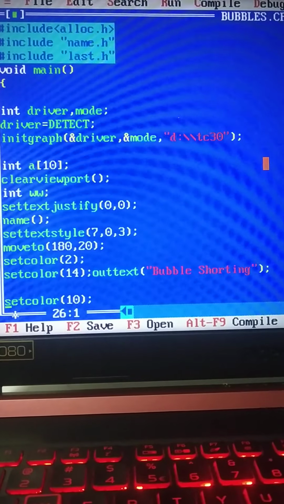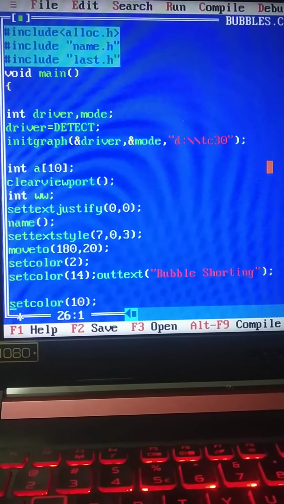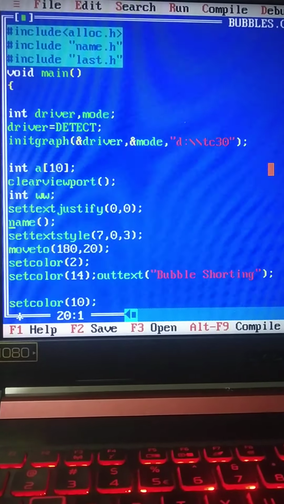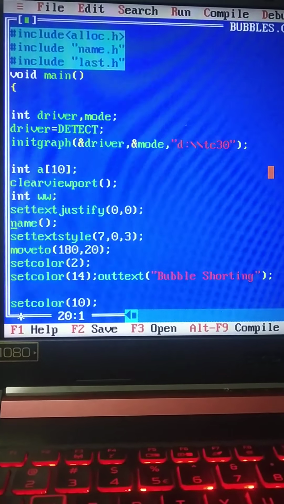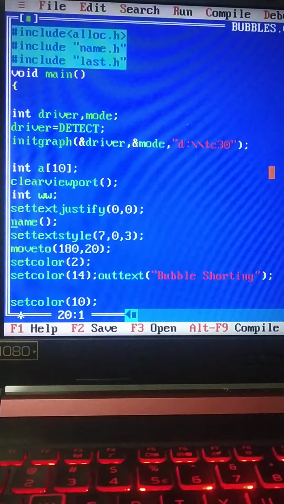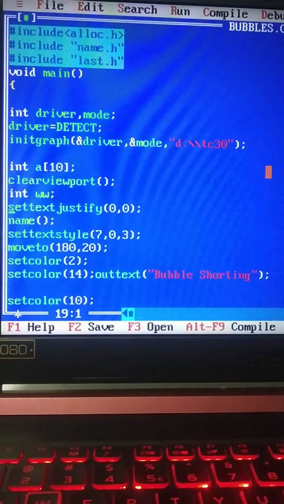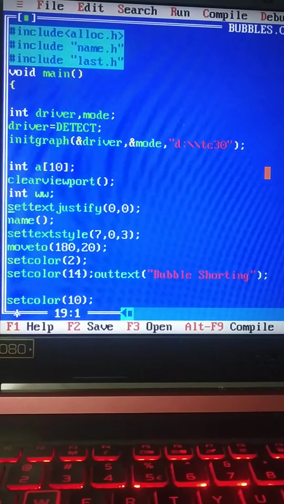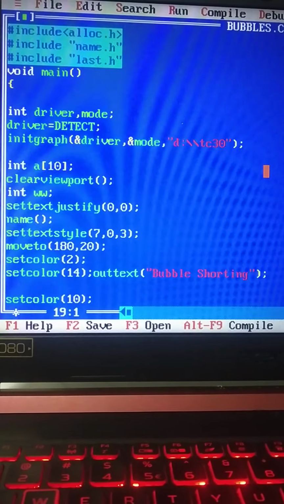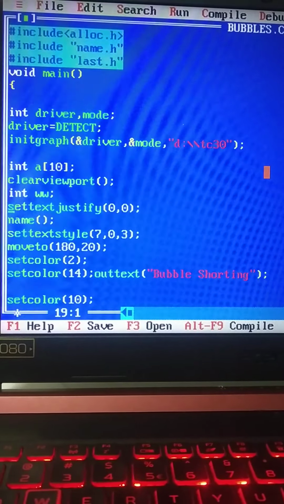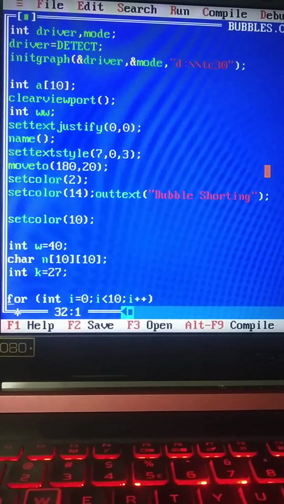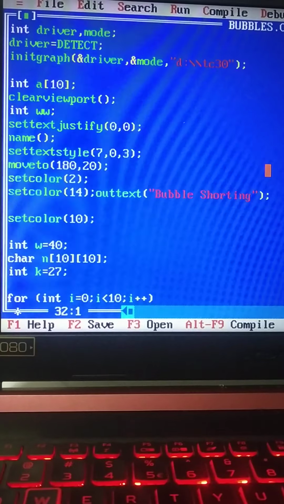After those, there is the set text style function, which sets what type of text it will display, the function with which I display my name. The set text justify function will justify which side, whether left or right. Clear viewport means it is clearing the screen, and the set color command sets the color.